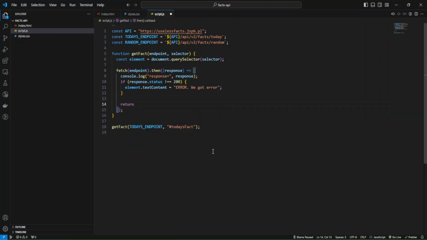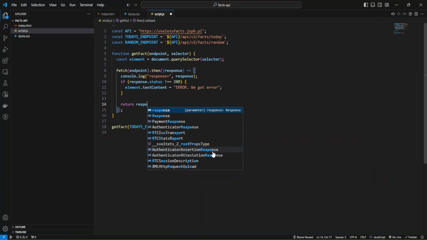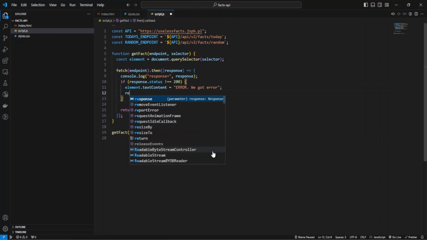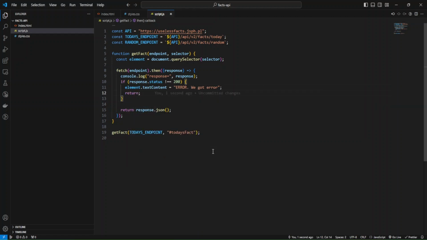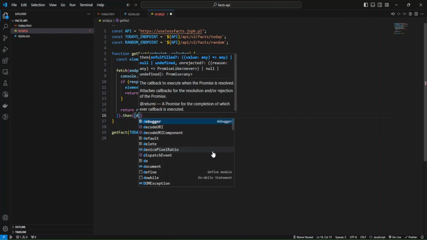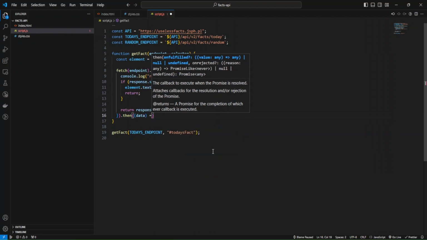Otherwise, we'll just return our response in JSON format. And this response JSON also returns a promise,